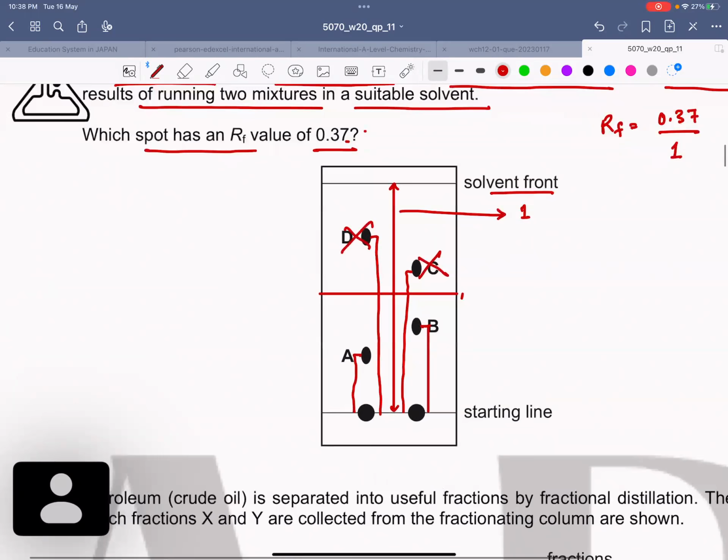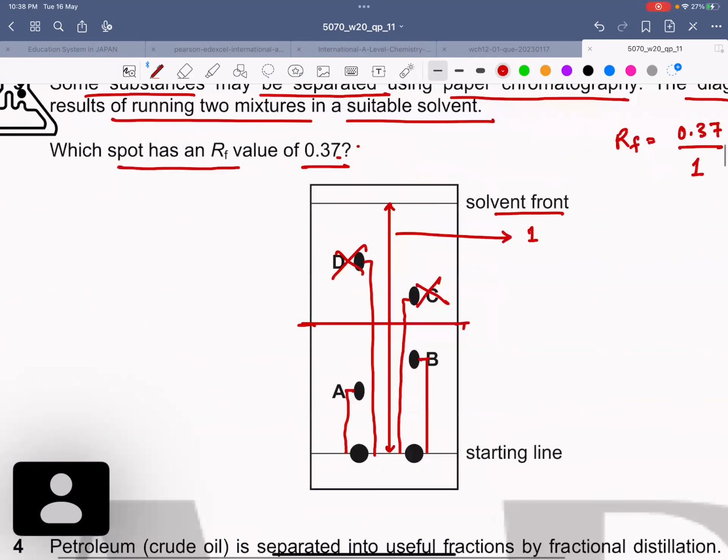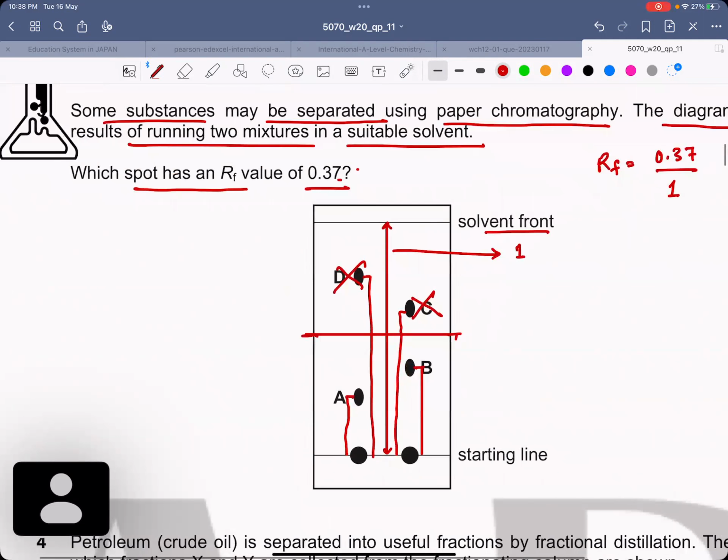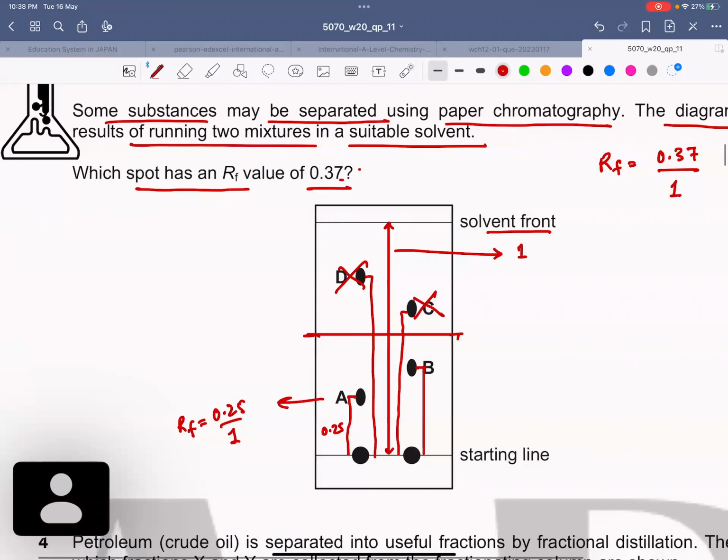And if you look at A and B, A is almost half of the half distance, the line I have drawn over here, which indicates that in this case it is 0.25. So for A, if you calculate the RF value, it would be 0.25 over 1. So this